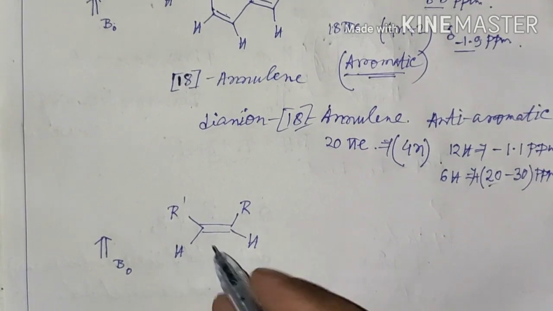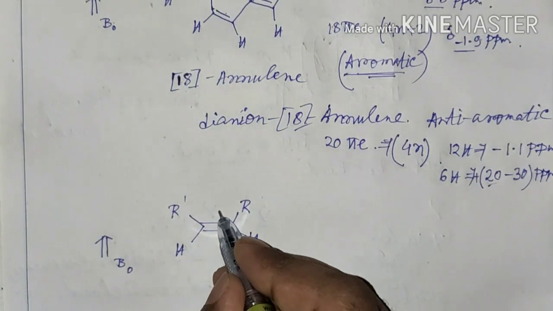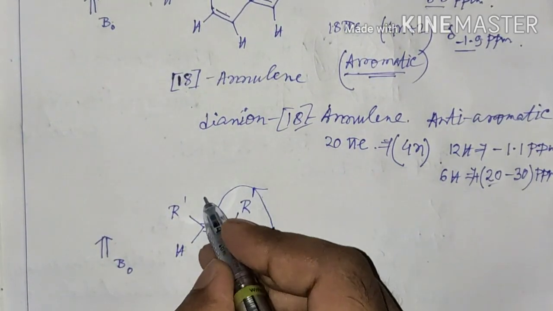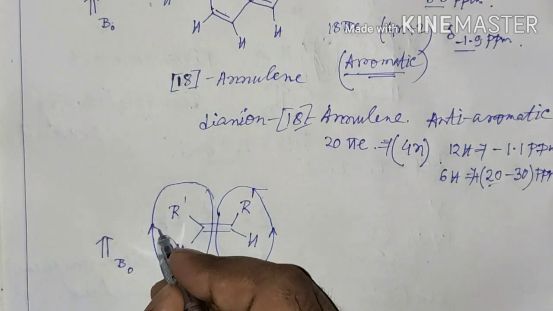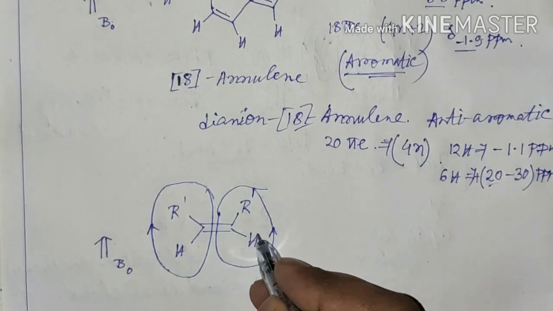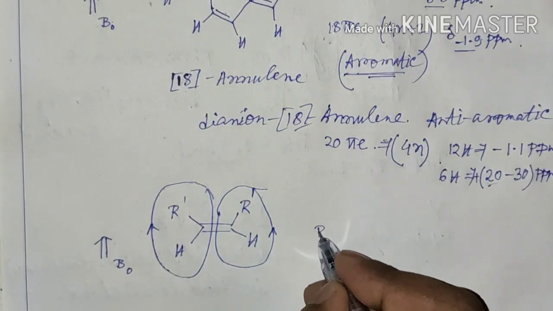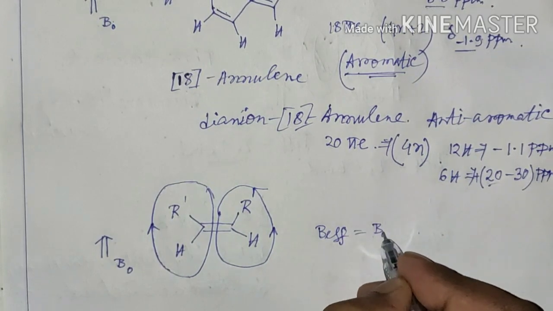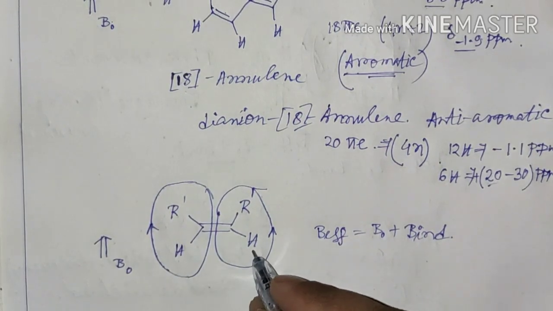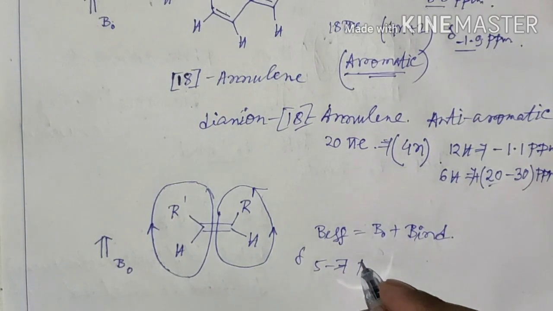Now if you take an olefin and apply the magnetic field in this direction, due to ring current there will be an induced magnetic field in this direction, and since the induced magnetic field for the outer protons is in the same direction as the applied magnetic field, the outer protons will feel a greater magnetic field, and they will resonate at higher frequency, and the value for the resonance is near delta equal to 5 to 7 ppm.